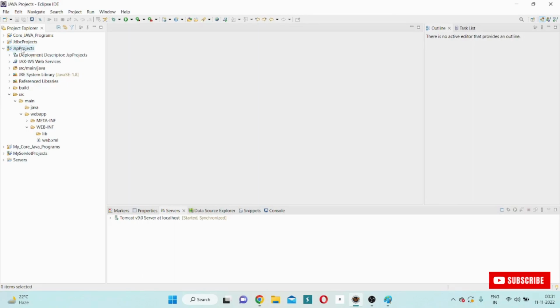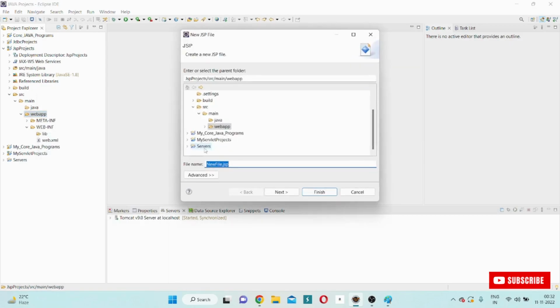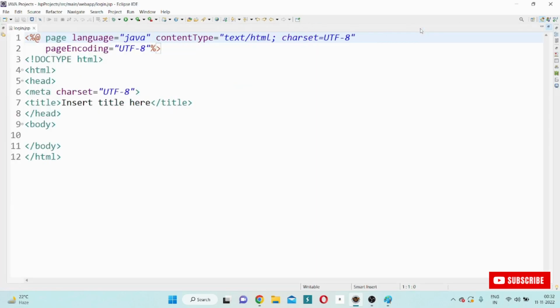Inside my project structure, there is a folder named webapp. Just right-click on it and you see the New JSP File option automatically appears. Now I will click on this. Here for the file name, I will give login. Now I will click the Finish button. You see, this is my